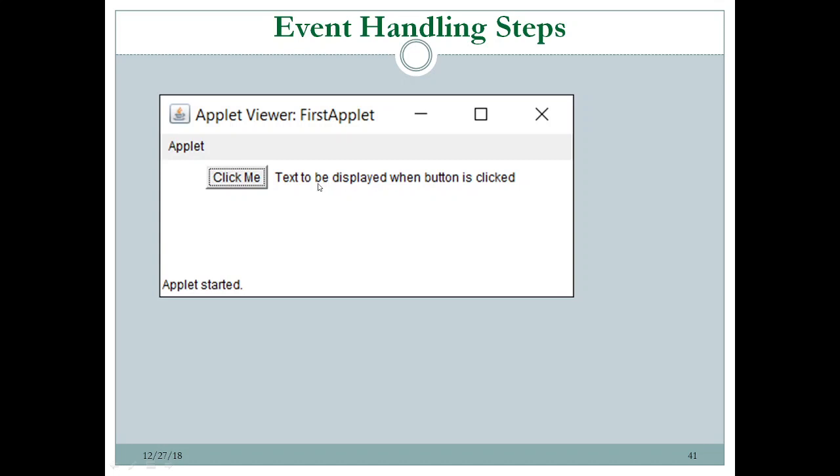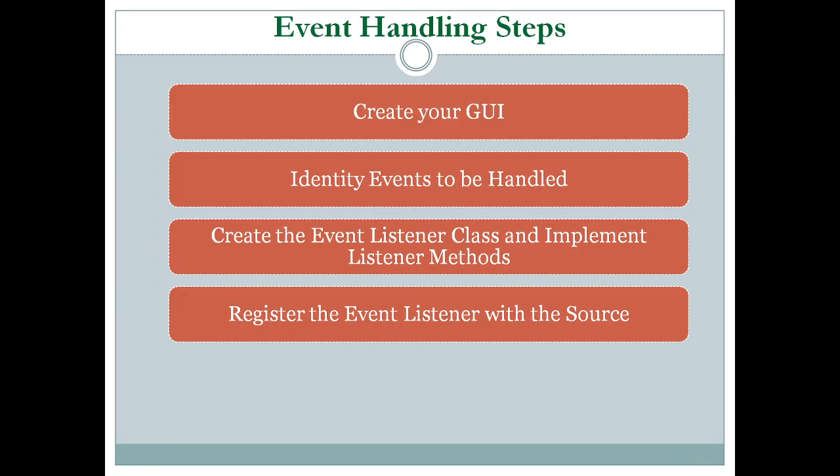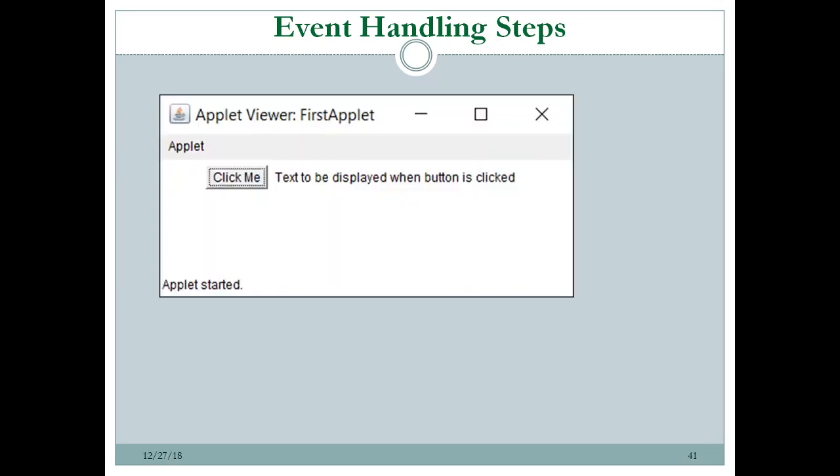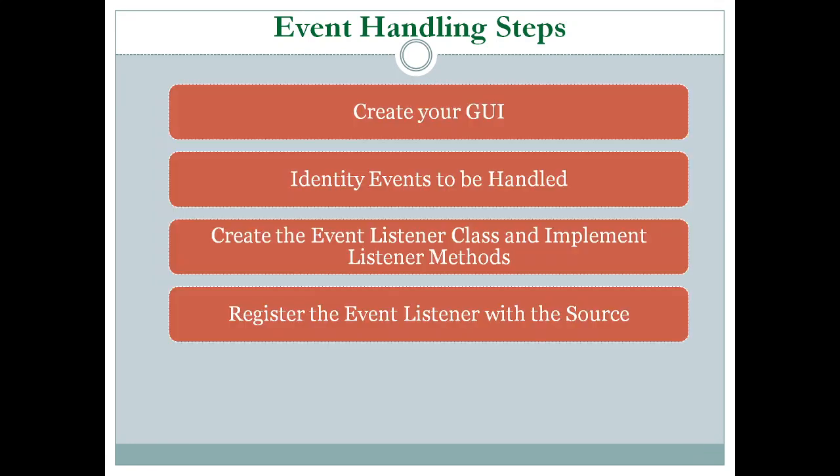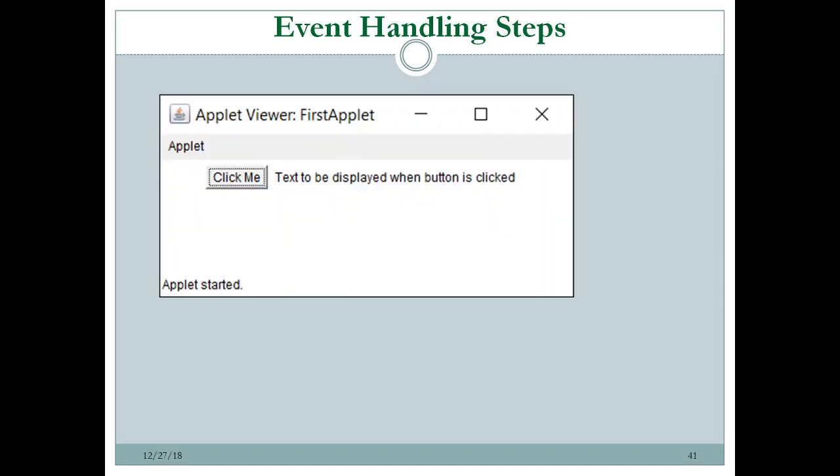This is the program we want to create, an event handling program. Upon clicking a button, something has to happen. So by using these steps which we have studied, let us see how we can create such a program. Now the first step, as we have seen, is to create our GUI. So we will first create a GUI like this, which you can see here on the screen.